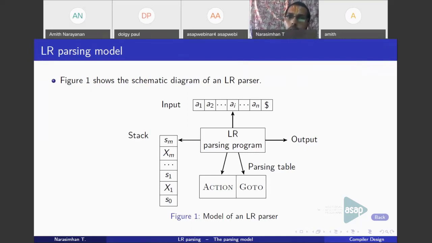It may be a terminal or a non-terminal, so generally we will call them grammar symbols. This is the structure of the string in the stack. You start with the initial state, S0. Then the string alternates between a grammar symbol and a state symbol. You have one grammar symbol followed by a state symbol, and the top of the stack will always be a state symbol. Here Sm is the stack top.